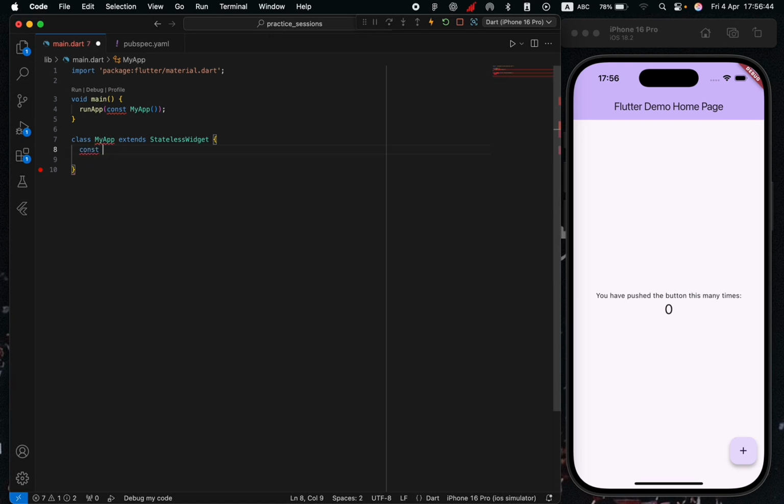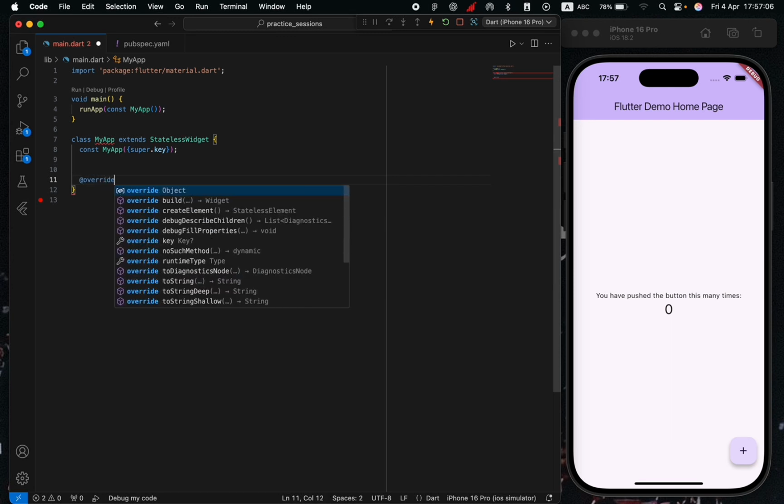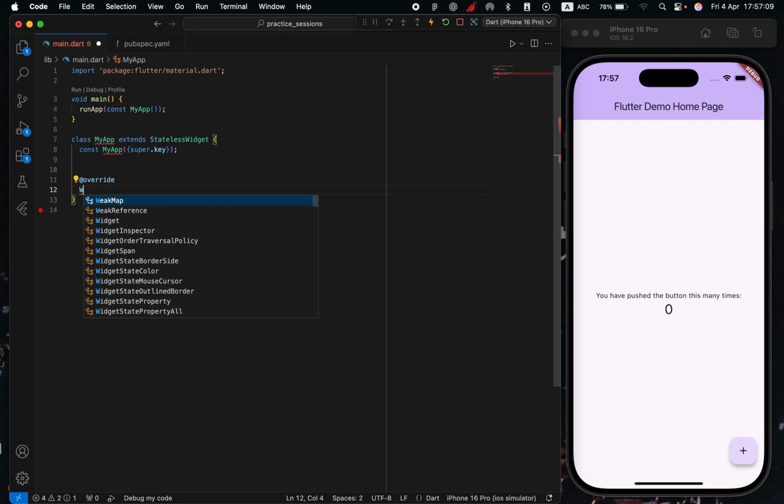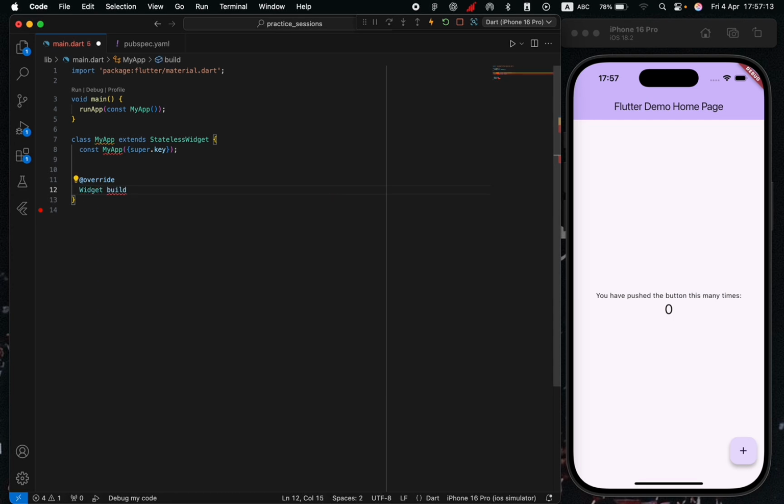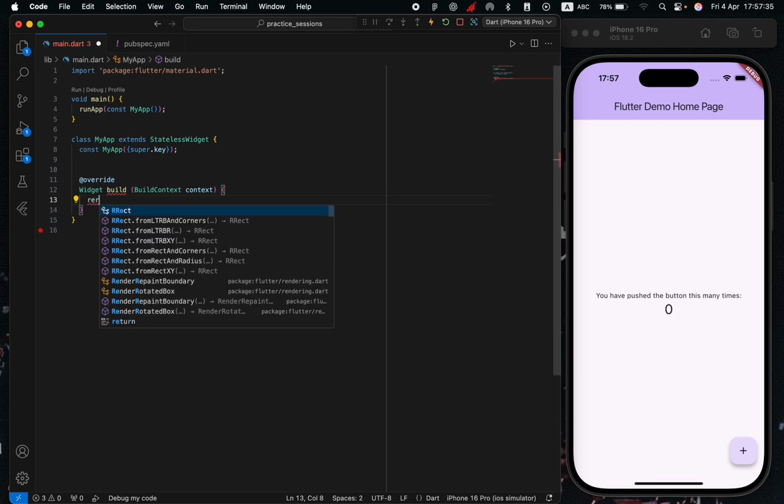Const, which stands for constant, my app, super dot key, at override, widget build, bracket, build context with capital B, then context. Return